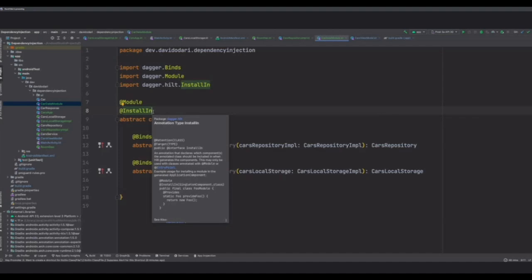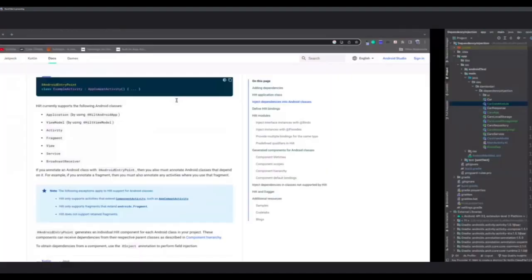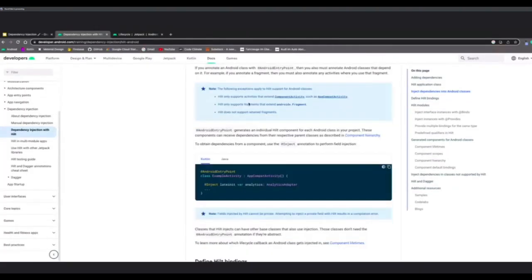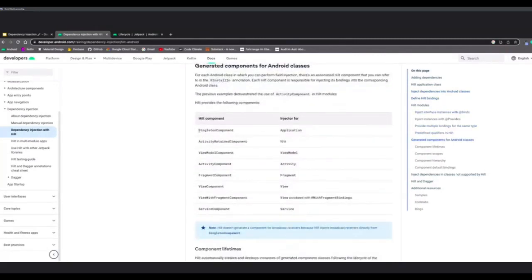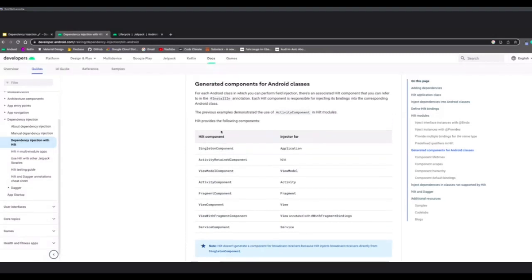So I think there are a few scopes defined in the documentation. Yeah, so there's, for example, singleton for application, generated components. Then there's view model components, activity, fragment, view with fragment, etc. For now, the ones you might find yourself using are singleton and activity, or maybe view model.